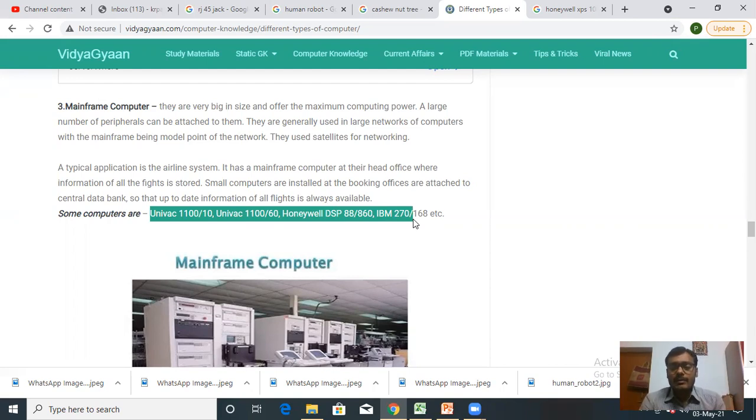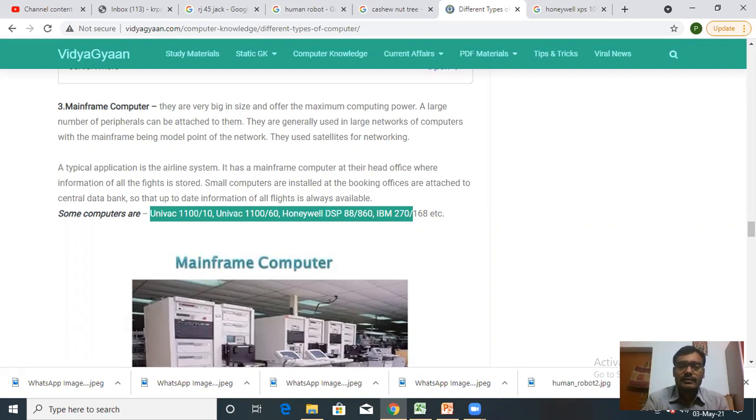A mainframe computer can process data at a very high speed, and can process millions of instructions per second. They use more than one processor. In a mainframe computer, more than one processor is found, and that is the reason why they have higher speed. They possess higher storage capacity and processing power than mini computers. Mainframe computers have more capacity than mini computers, but less capacity than supercomputers.